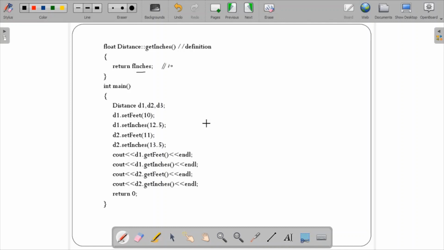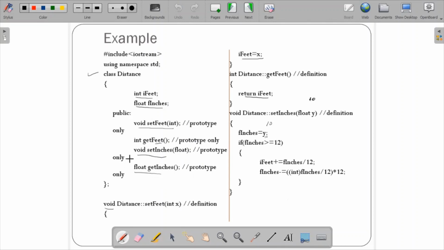Now, in case I have given certain values, let me define the objects Distance d1, d2, d3, and then I call d1.set_feet(10), d1.set_inches(12.5). Now what will happen, we'll see in the program. When it calls set_feet with 10, i_feet is equal to 10 will be assigned.